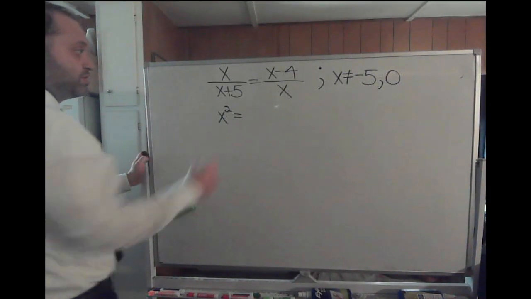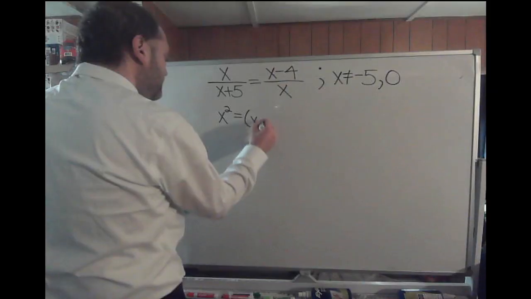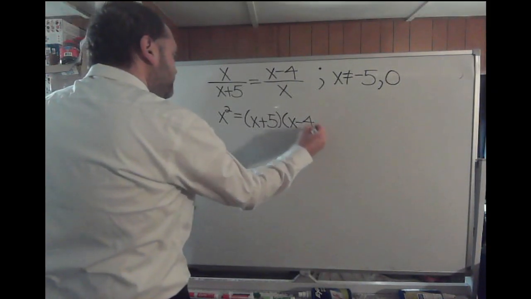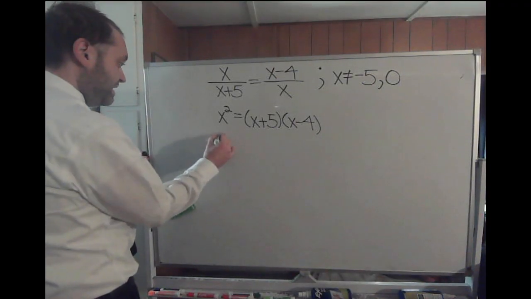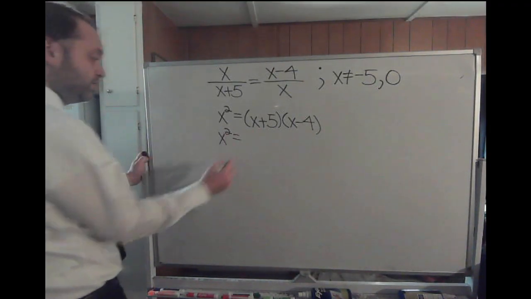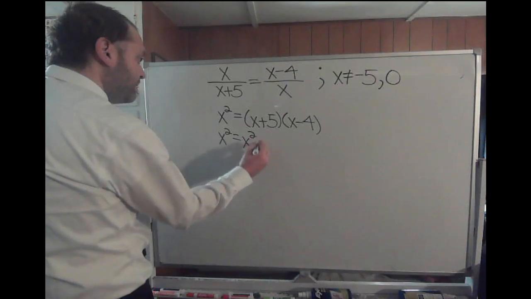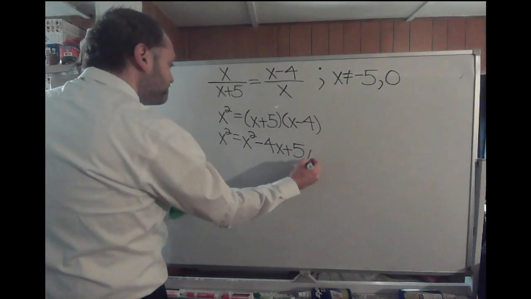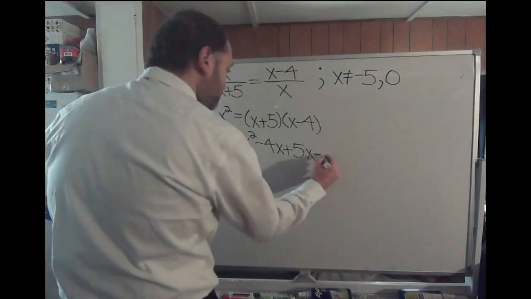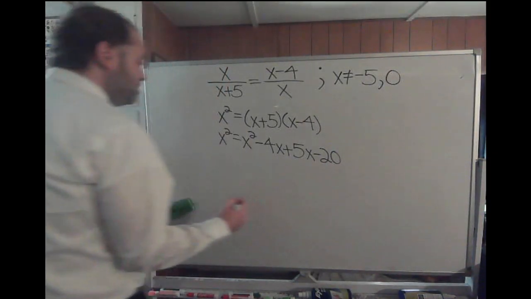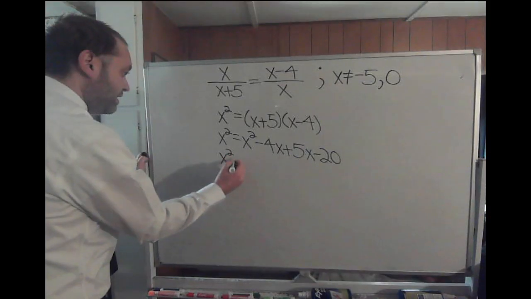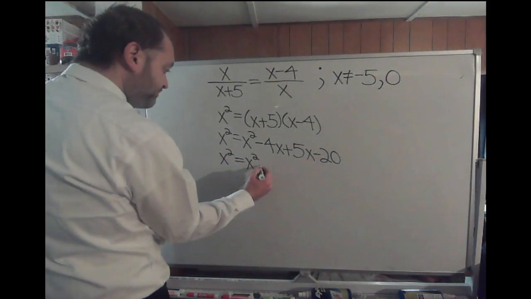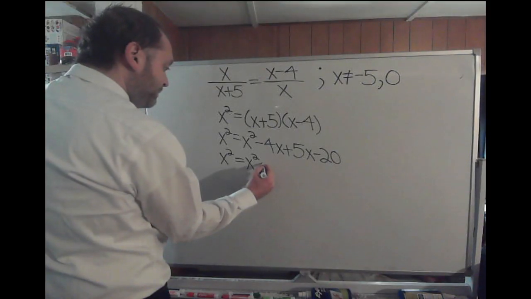That's going to be equal to the product of your extremes, which would be the quantity of x plus 5 times the quantity of x minus 4, which then means x squared is equal to, let's FOIL this, x squared minus 4x plus 5x minus 20, which would simplify into x squared is equal to x squared plus x